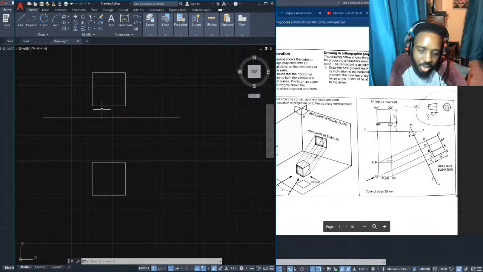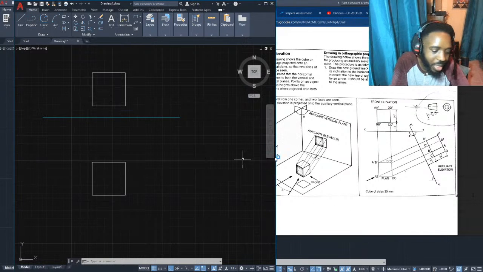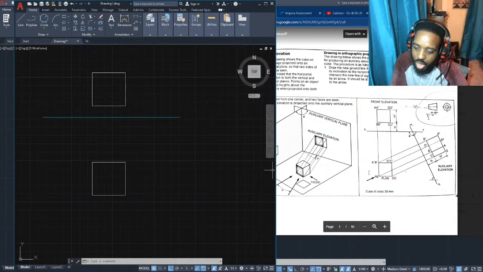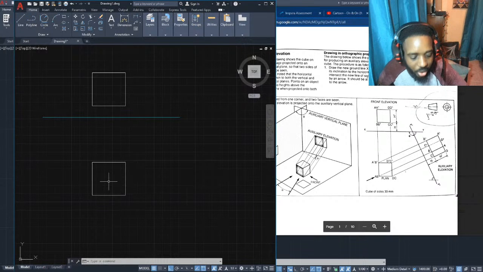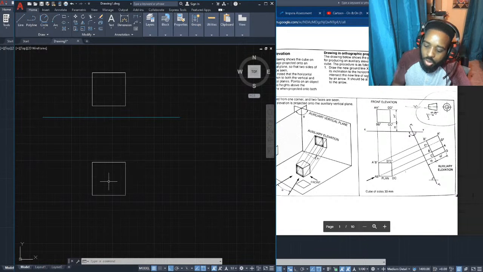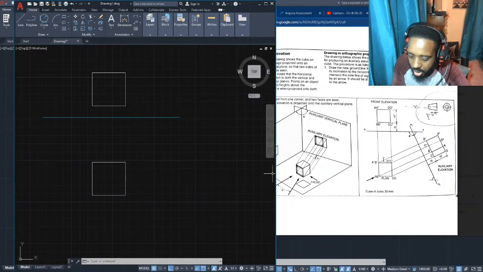All right. So we have this. This is our front view of our cube, because if you're looking at it from the front, it looks like a square. If you're looking at it from above, which is the plan view here, it would look like a square here. So we drew the front view and the plan view. Now what we're trying to draw is the auxiliary view, when you're looking at it from a certain angle. This angle isn't given to us, so we can make our own angle. But the angle will normally be given to you.